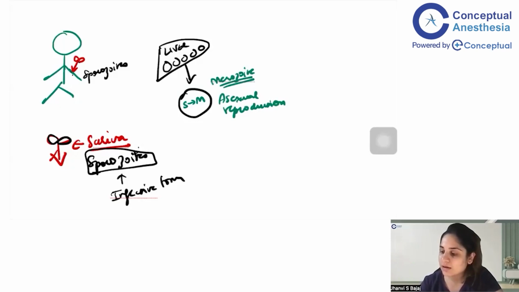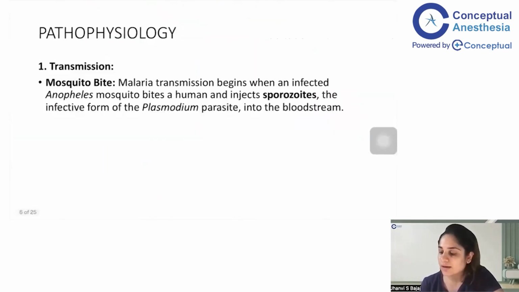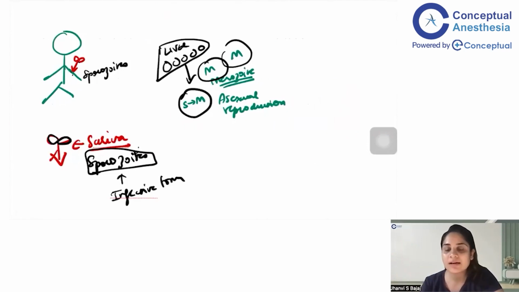Okay. So now in a lot of the hepatocytes, you will see that you have merozoites. Okay. So this happens for 1 week. That is the time of the incubation period. Okay. Now, for 1 week, these merozoites remain in the liver, and after about 1 to 1.5 weeks, sometimes these hepatocytes will burst. Okay. So when these hepatocytes burst, remember, that means the liver is getting damaged. Okay. But at this stage also, the patient is asymptomatic. There are no symptoms. This is too early to start showing symptoms. So the merozoites form, and then once the hepatocytes burst, these merozoites are released into the blood.